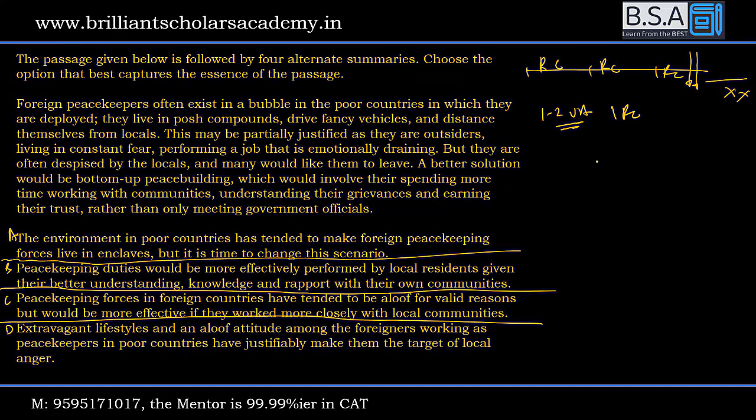आप अगर अभी अच्छे मूड में हैं, फ्रेश माइंड में हैं, then you start with a RC, then go with 2 VA, then 1 RC, 2 VA, 1 RC. ऐसा पैटर्न रखोगे, your mind will stay fresher as compared to the earlier strategy, as compared to RC, RC, RC. It will slow you down, it will tire you soon.